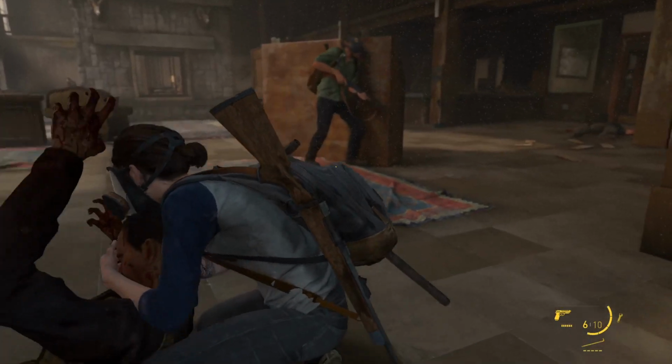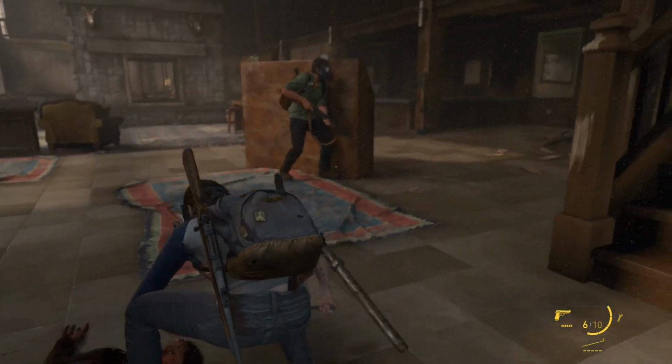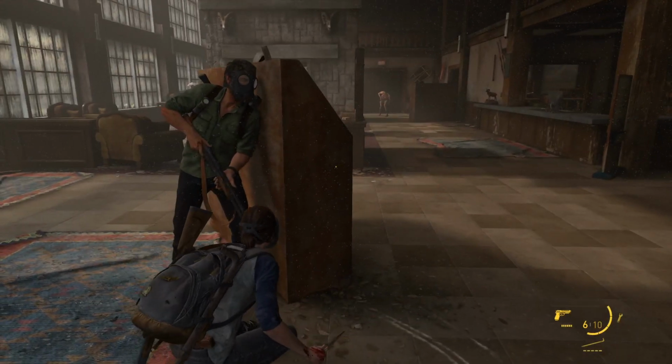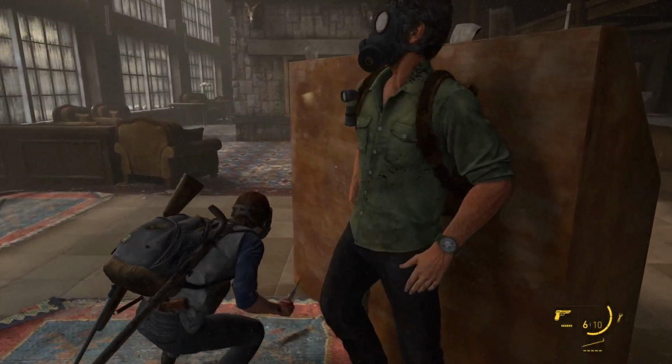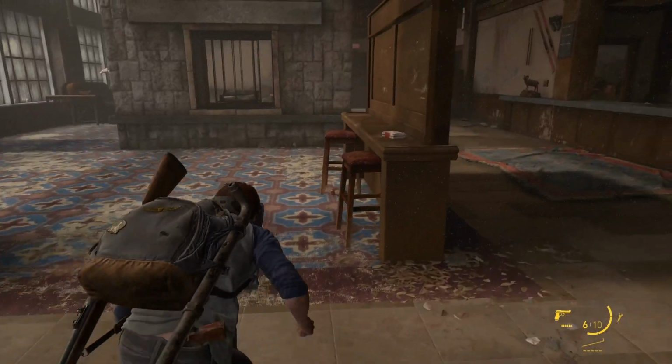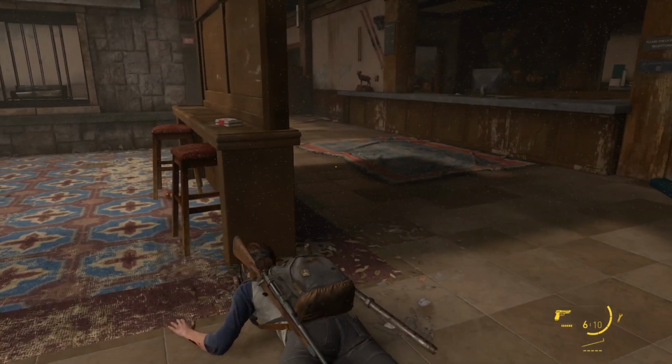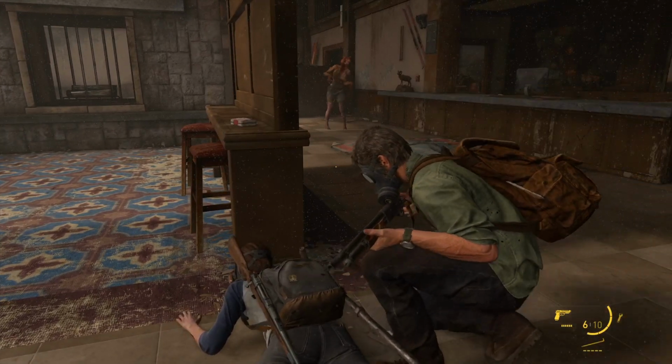The next part is the only tricky part of this whole operation. It's a clicker on the right. So get behind here. And typically I like to go prone. There's a runner off to the left and there's a clicker right there, right down there. So go prone. Wait for him to come and do his...